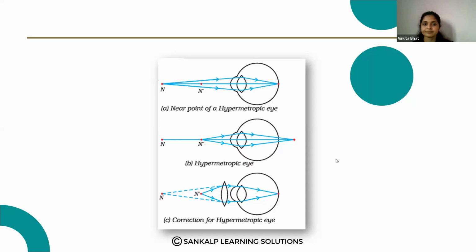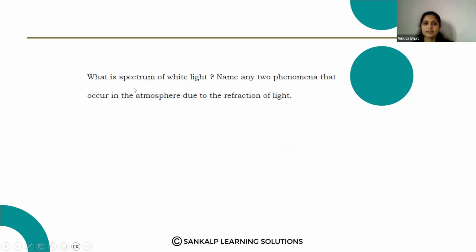Next question. What is spectrum of white light? Name the two phenomena that occur in the atmosphere due to the refraction of light. Here we know what is spectrum of white light. Answer for that question. Name any two phenomena that occur in the atmosphere due to the refraction of light,